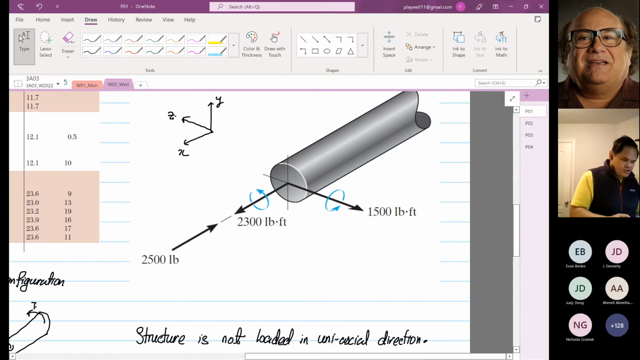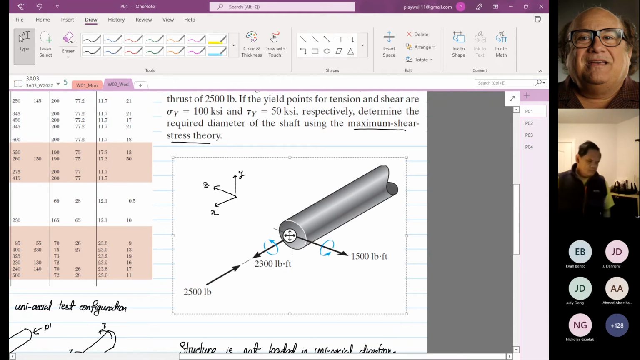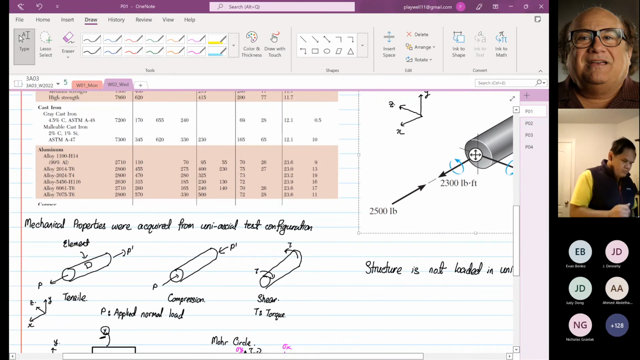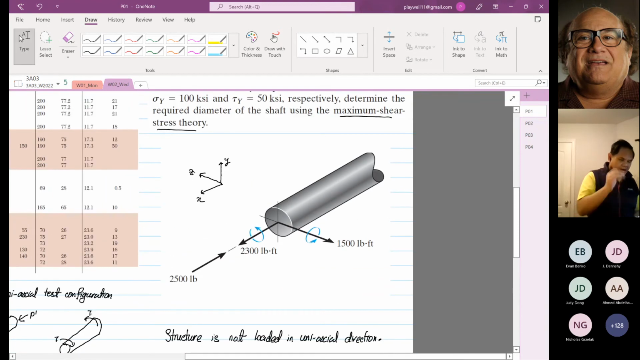Then we come to an actual loaded structure. And we realize that the loaded structure is not the same as how the material properties were acquired. It's not the same at all. Over here, all are unidirectional. Over here, this is unidirectional, unidirectional, unidirectional. Over here, in an actual application, it's no more unidirectional. So why do I mean that it's no more unidirectional? You have